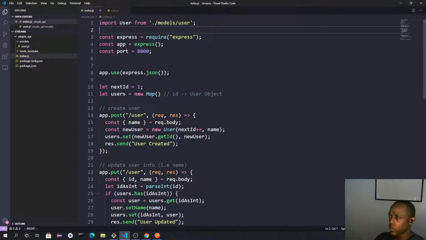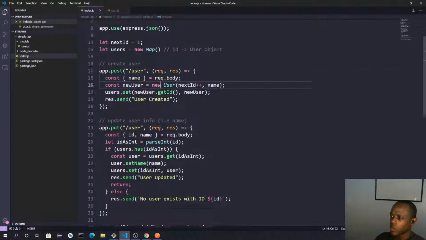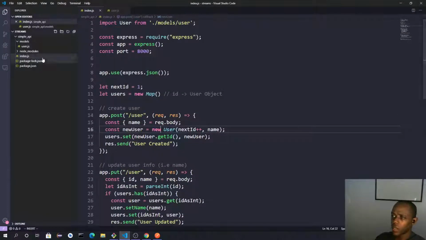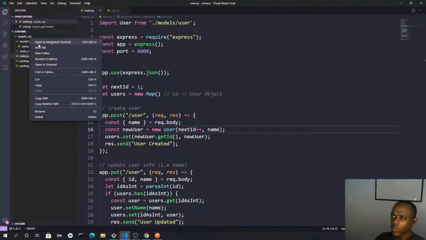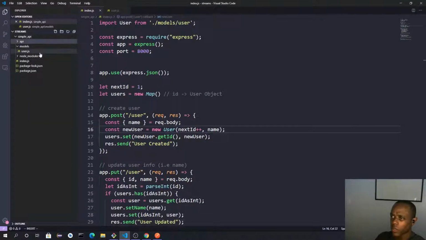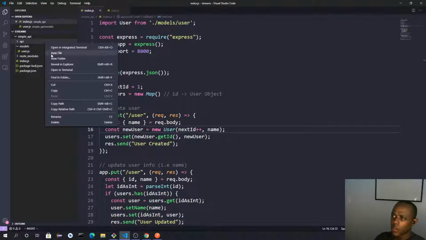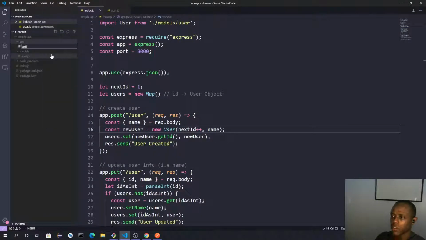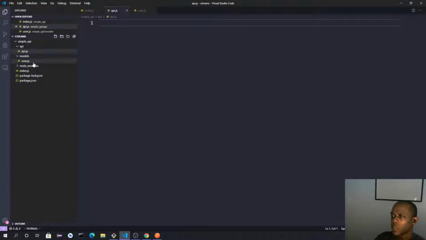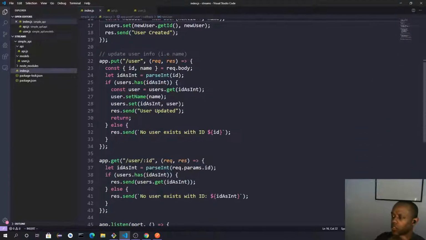Okay, so now I should still be able to instantiate users. And then, let's say we want an API. What I can do now is create a new folder, API, and a new file, api.js. The benefit of doing this and not defining it in your index.js is that your index.js